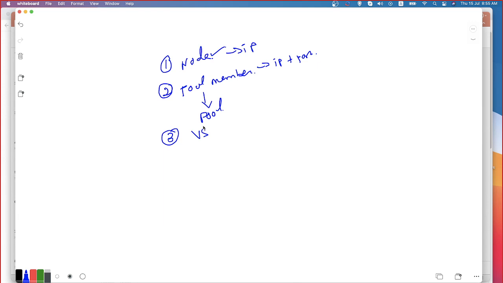It is the listener IP address on which F5 is listening for certain traffic, and then the traffic can be redirected to the pool. So F5 should know that it has to handle this traffic. How does F5 know it? Because of this listener. That listener is your virtual server. If no virtual server is configured, even if you have a node, pool member, and pool, there is no point.